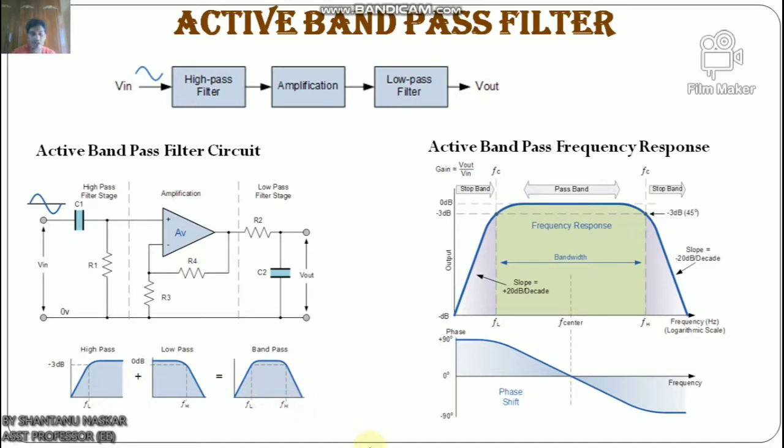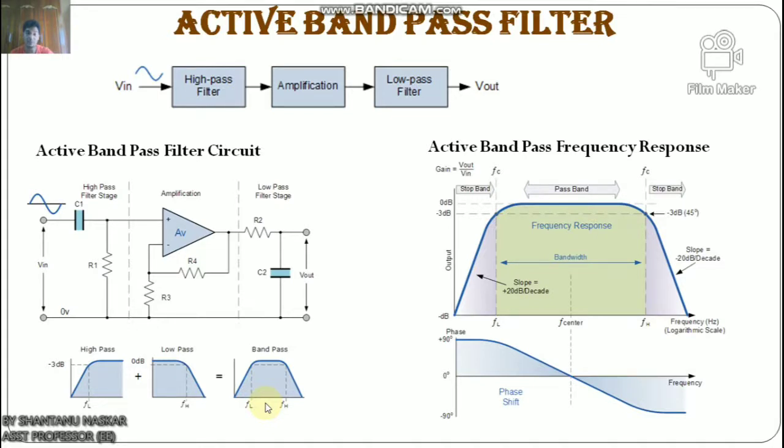The higher corner point FH as well as the lower corner frequency cutoff point FL are calculated the same as before in the standard first order low and high pass filter circuits. Obviously, a reasonable separation is required between the two cutoff points to prevent any interaction between the low pass and high pass stages. The amplifier also provides isolation between the two stages and defines the overall voltage gain of the circuit. So the bandwidth of the filter is the difference between this upper and lower minus 3 decibel points.